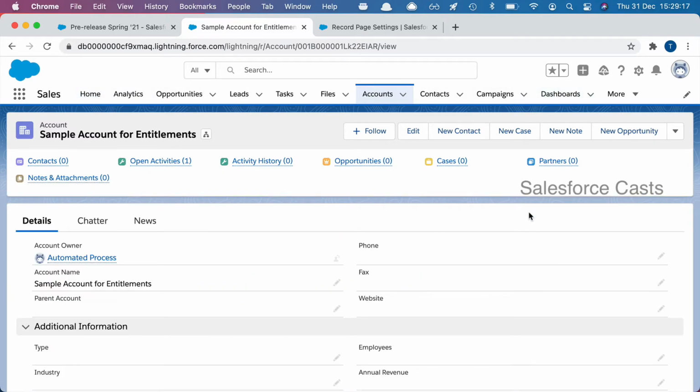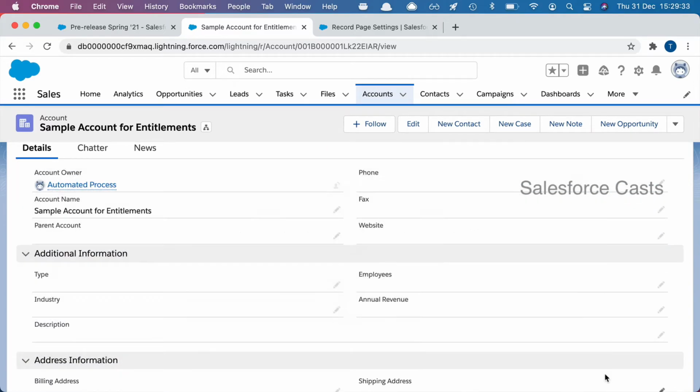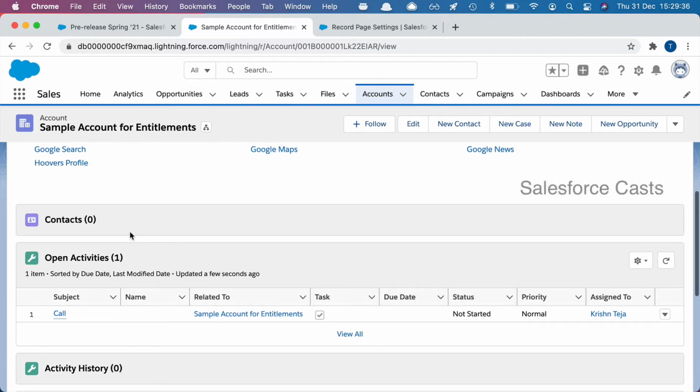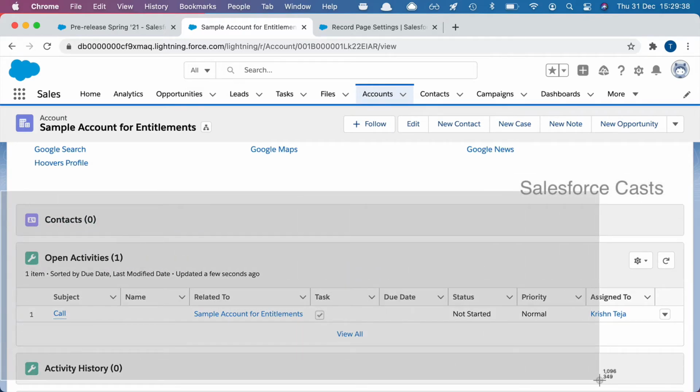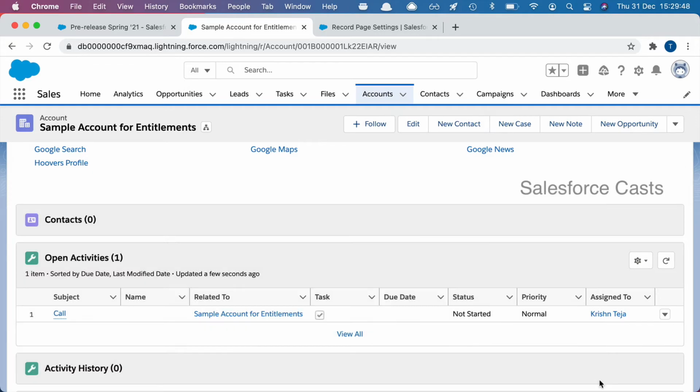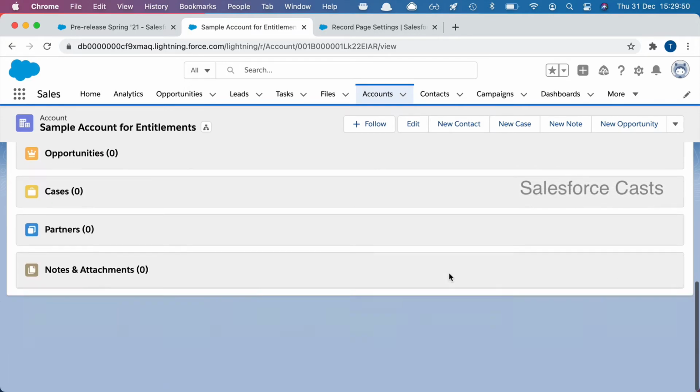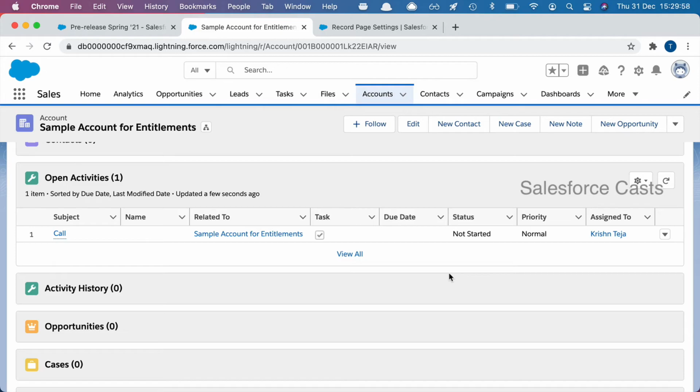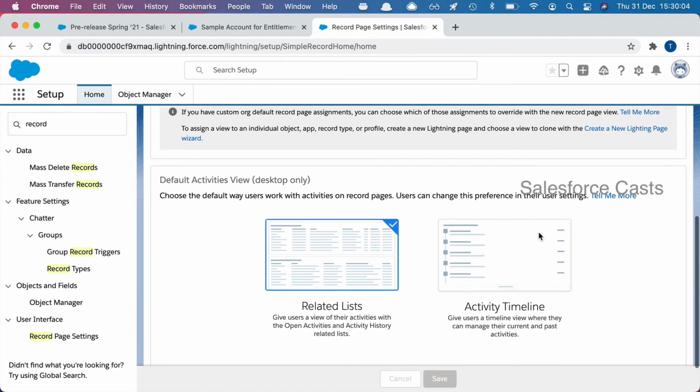Now the information shown to us is somewhat in sync with the Salesforce Classic UI. I don't have a panel here giving us information about activity. Likewise, I don't have any related tab here. That is because when I scroll down, after the account based information, what I get to see is your related list. Now this UI is in sync with your Salesforce Classic UI. So if you're a fan of accessing the information just by scrolling rather than clicking on tabs and that stuff, you can go ahead and work with full view. And likewise, if you're not interested in using the activity based feed and timeline, you can also switch that to related list.